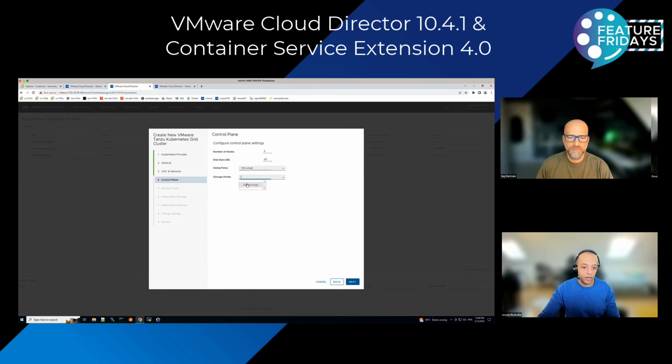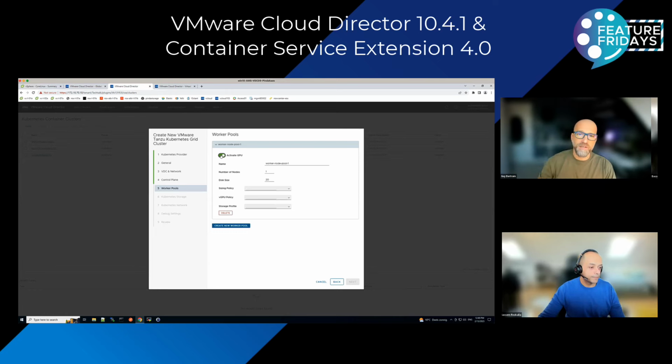Storage profile, if you have, this is pulled from the vCenter, by the way. So this is already in my vCenter. I have a storage profile called Kubernetes storage. Okay. Then here, your worker nodes, you can also specify them or leave defaults. And the activate GPU, is that new in 4.0? Yeah, it is, right? Yeah. So that's if you want to roll out nodes with vGPU. Yeah, so NVIDIA vGPU is the only one supported today. Correct. That's quite nice actually, because we didn't have that before.